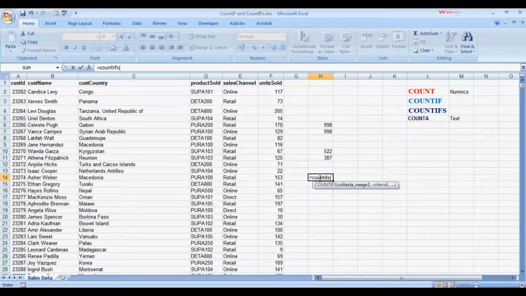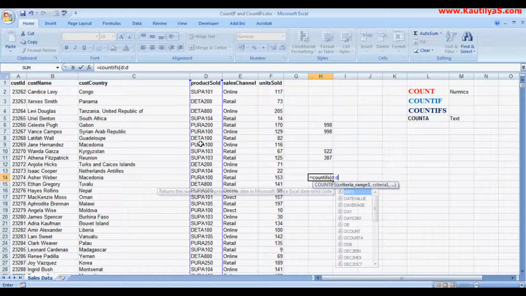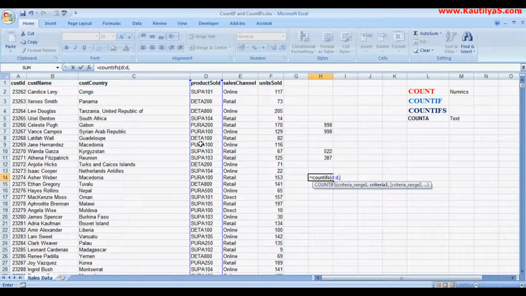Criteria range 1 is our product code, which is in D, so D to D. And what is the criteria that we want to give? Our criteria is SUPA 101.